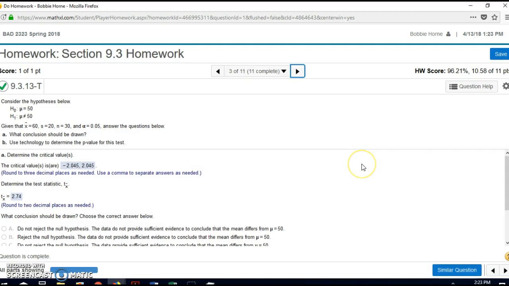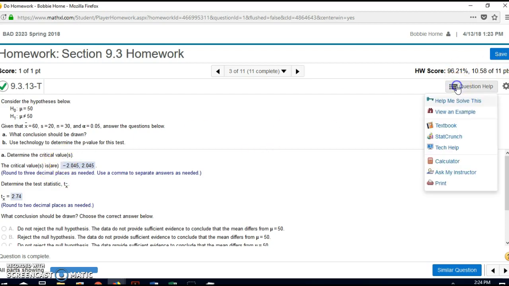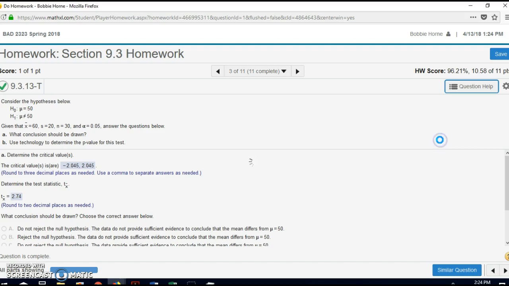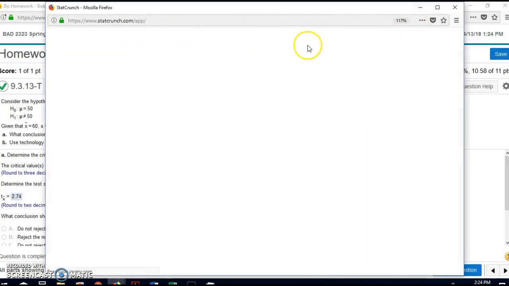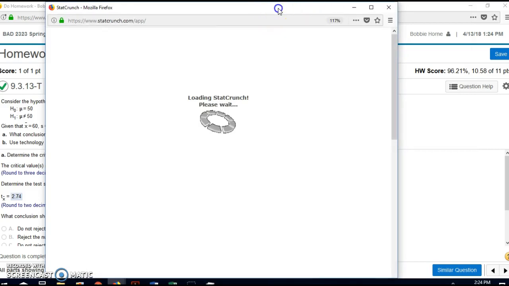Okay, and this one is very similar to the last one, but it just has an equal sign. So this is a two-tailed test. It says determine the critical value, and you could do it by hand or you could use StatCrunch. I'm going to use StatCrunch because of time, but I showed you in the last example how to do that